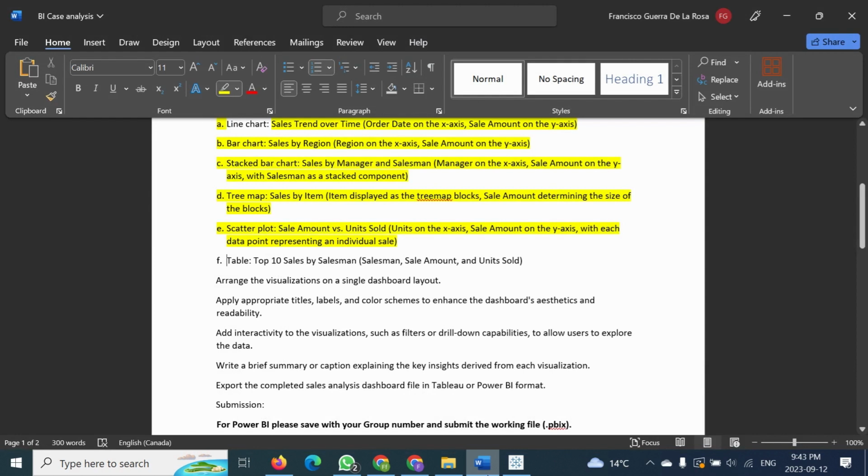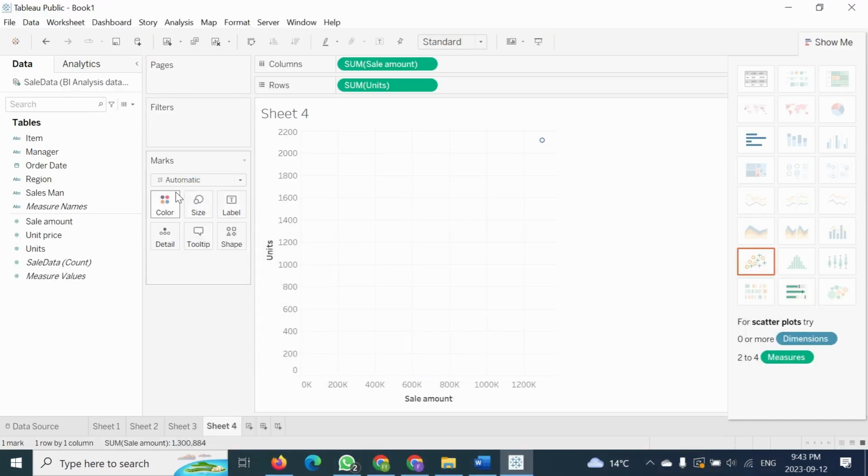And under the Y, it would show any individual sales, which in this case was a unit, 2,117 units. So if you put the unit price,